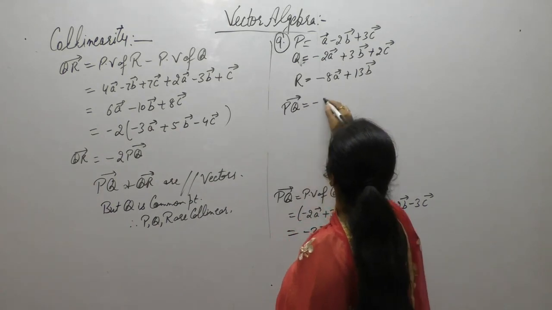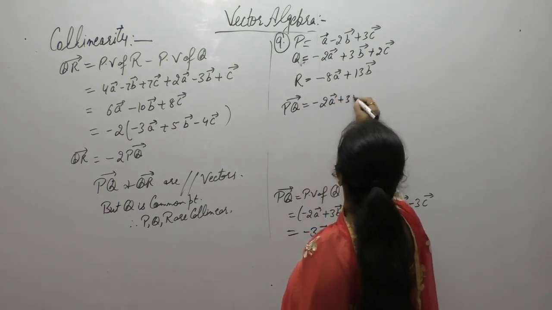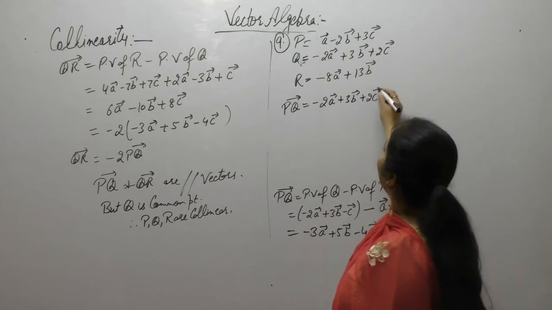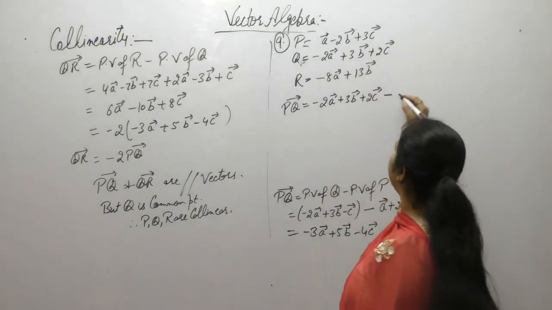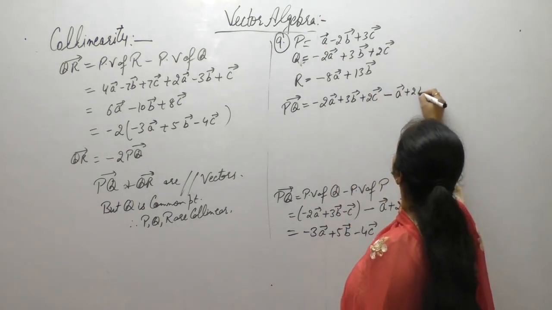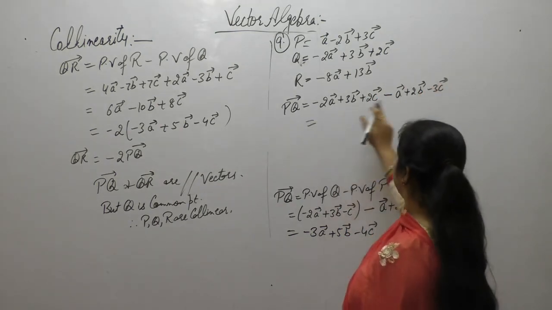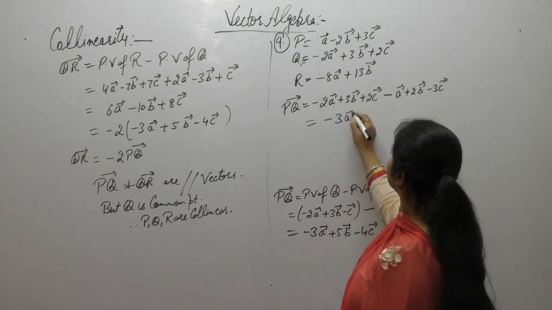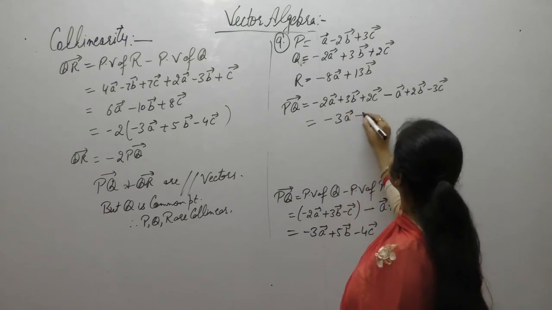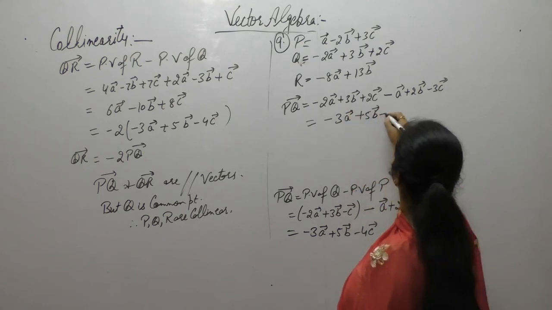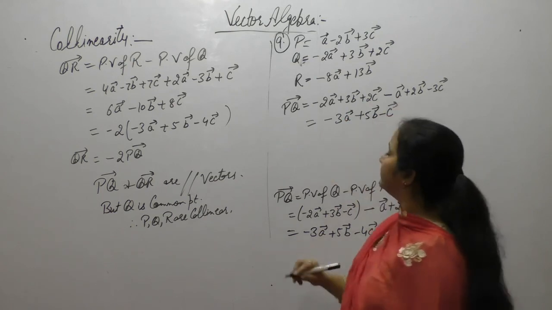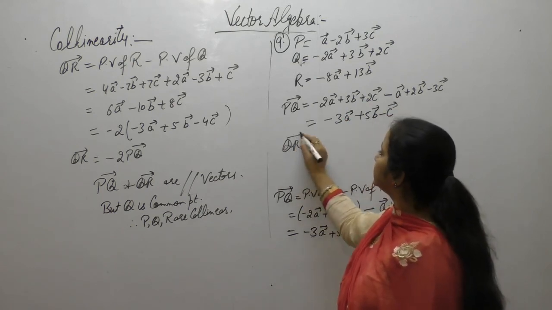Position vector of Q minus position vector of P, subtract: minus 2 minus 1, plus 3 plus 2, plus 2 minus 3. Now QR vector, position vector of